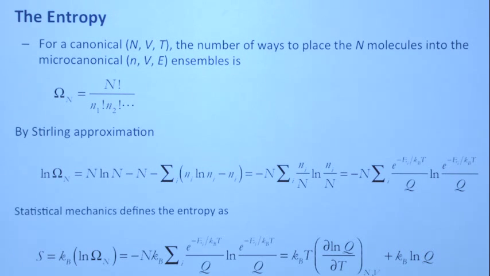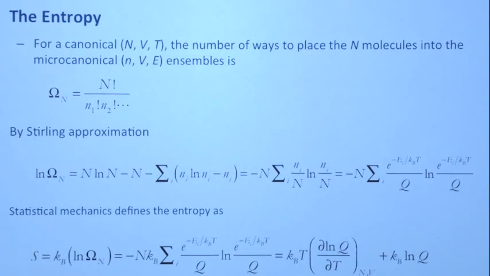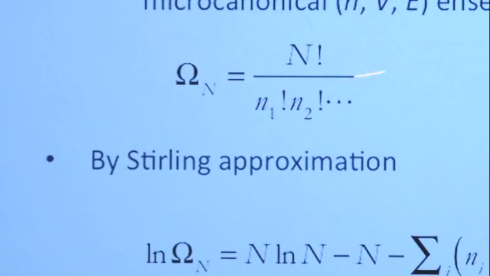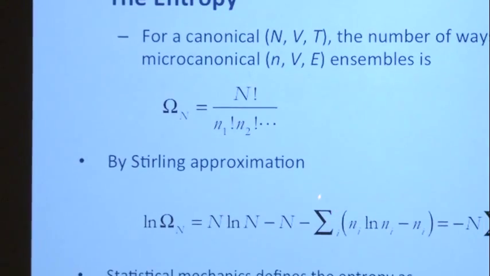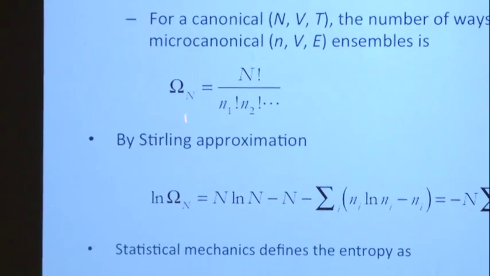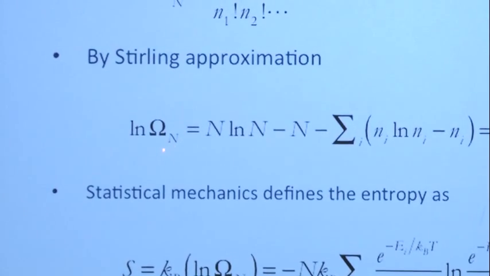Again, if you count straight, you can see where this equation comes from. I've been doing the coin flip in the lecture notes. It's actually very, very simple to understand. This equation must be correct. All right, so this is the number of ways you can distribute molecules into that many levels of energy. By Stirling approximation, again, it's a mathematical trick, I'm going to expand this to rewrite this equation such that this capital omega can be written